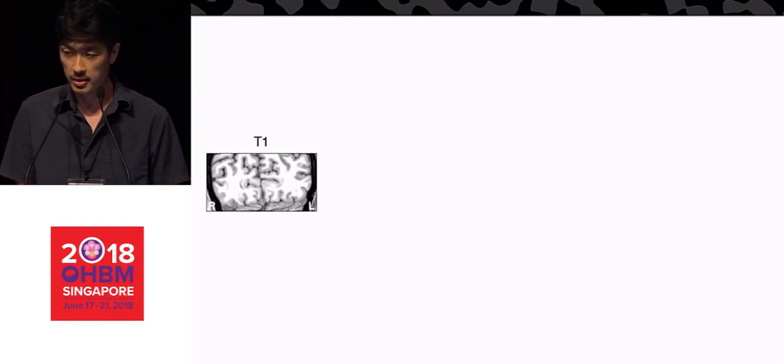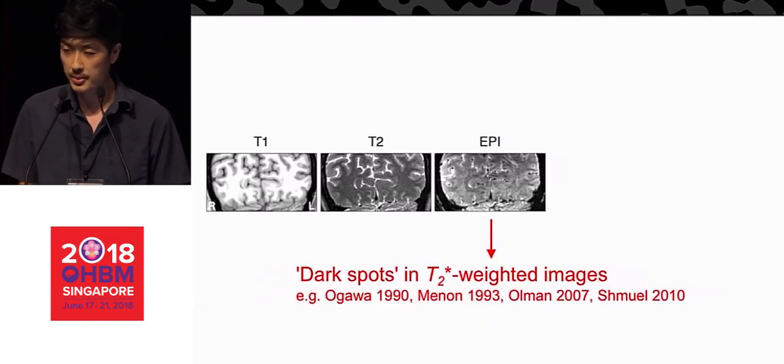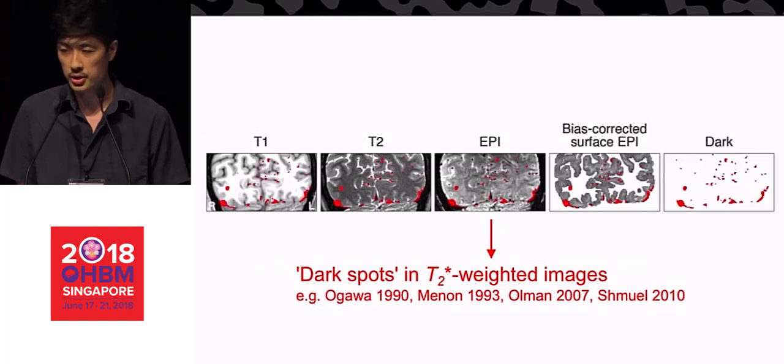Here's a volumetric visualization, T1 and T2, and the EPI volume. This is just the raw EPI volume averaged across the experiment. And you can see, if you look closely, dark spots, and it's known that these dark spots reflect susceptibility effects due to veins. And we can confirm with our surface-based processing, and we do some thresholding, that